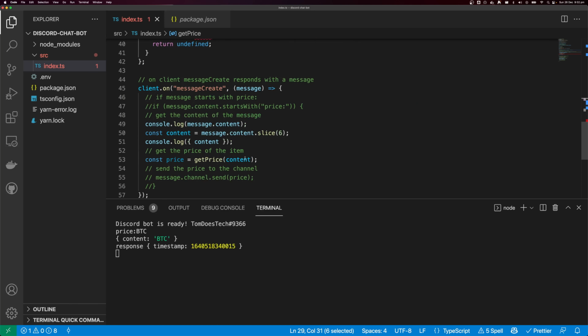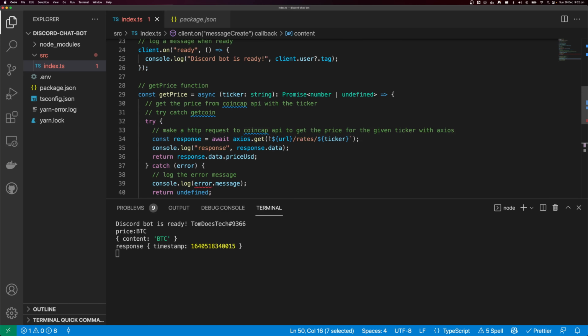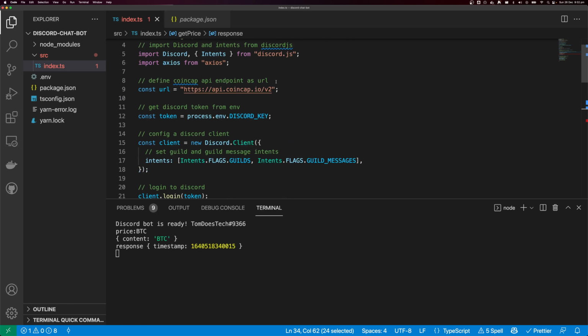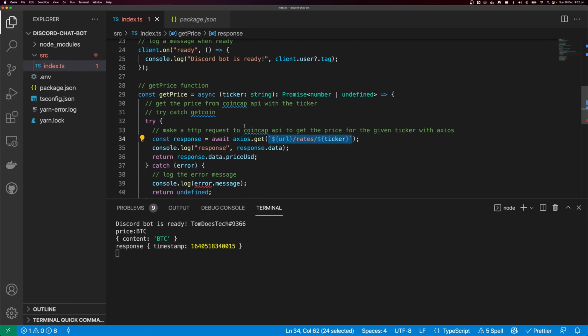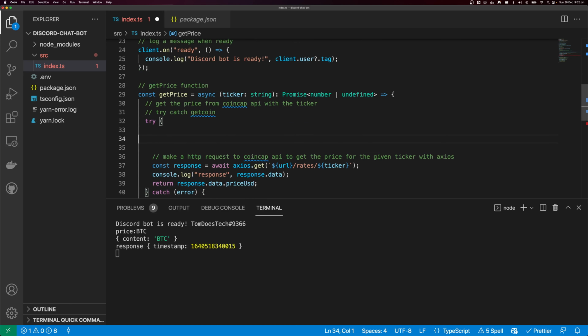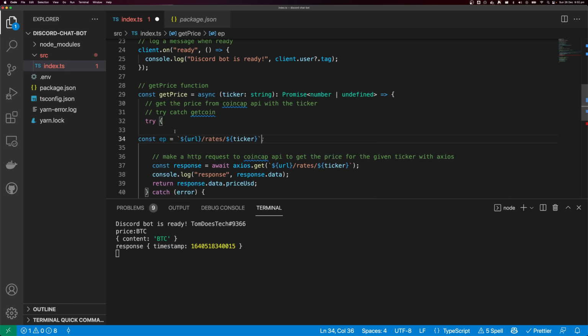I'm passing in the content, we get price. So then this is going to BTC. I'm using the version 2, sorry. Let's log this endpoint. Let's say const endpoint equal to, yeah. And then